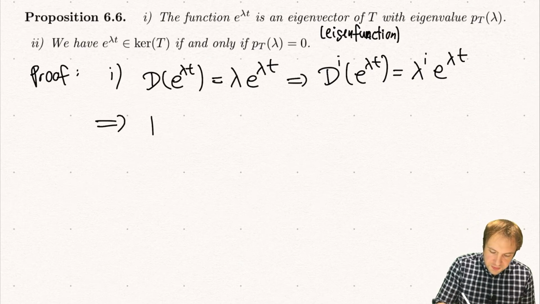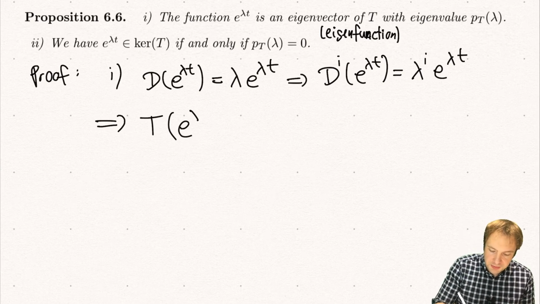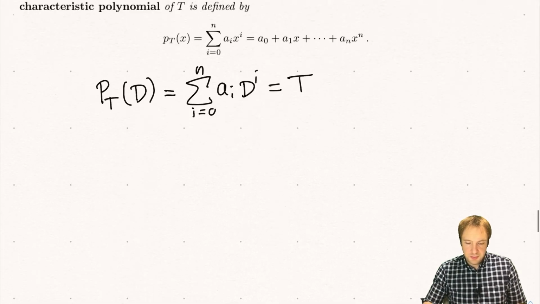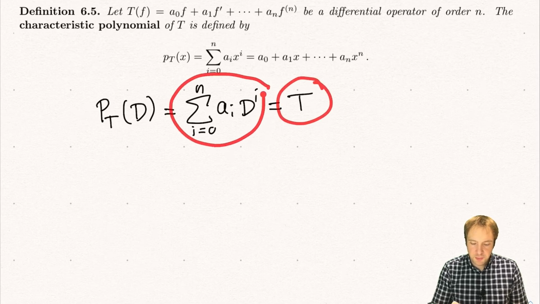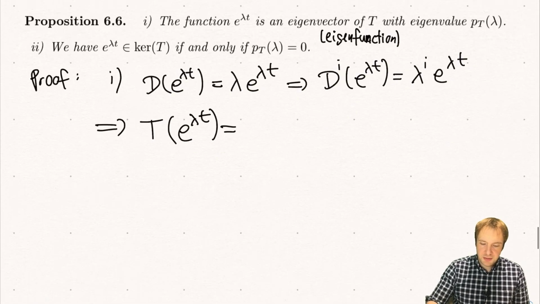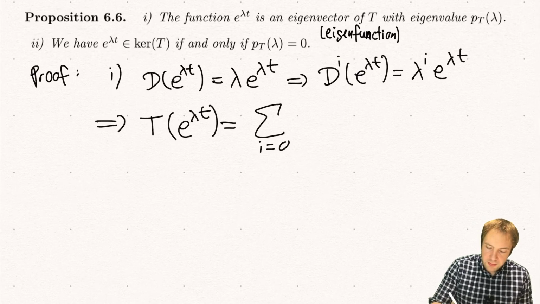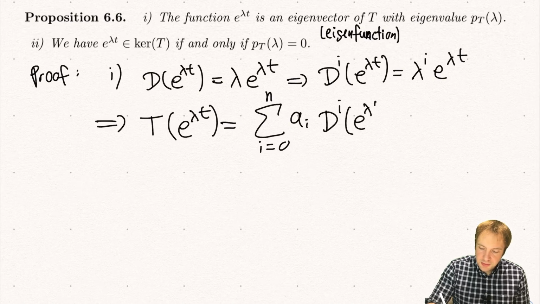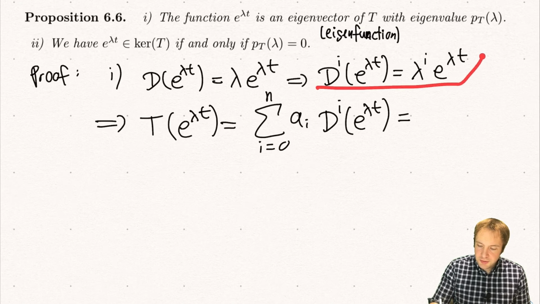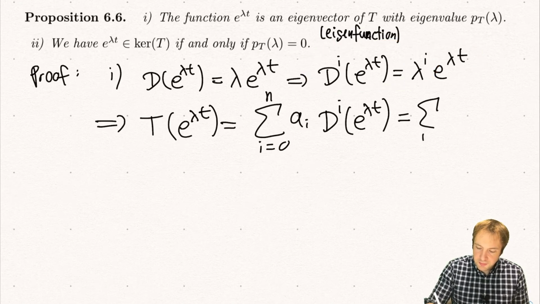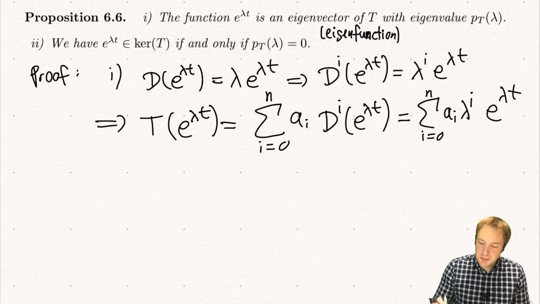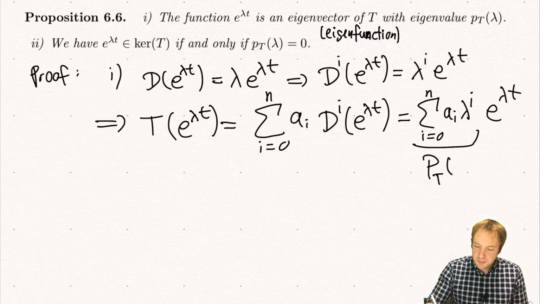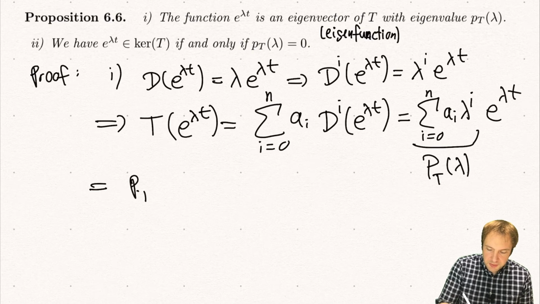Therefore, what is the differential operator T applied to e to the lambda t? Well, recall here that the operator T just means we take this linear combination with these operators d to the i, which is the characteristic polynomial of this operator T. So this is the sum, i goes from 0 to n, a_i, and now we apply d^i to this e to the lambda t, but this is just lambda to the power i. So this is the sum, i from 0 to n, a_i lambda^i e to the lambda t. But this here is just the characteristic polynomial of T evaluated at lambda, and therefore this is p_T(lambda) e